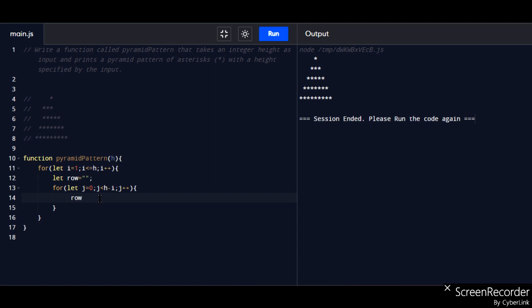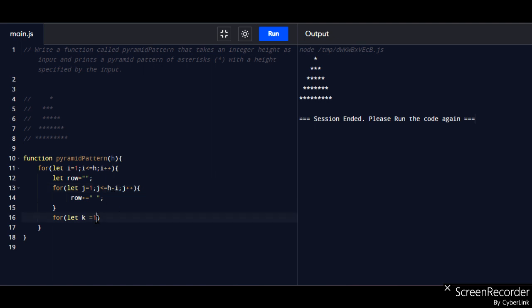So we have to take row plus equal to, here we can take a space, and so again we take for let k equal to 1, always take 1 here.